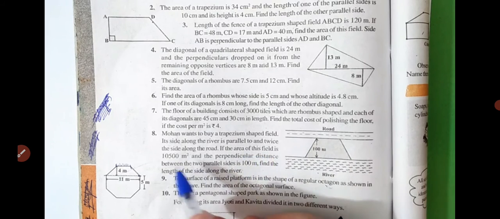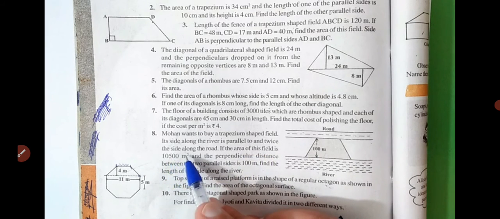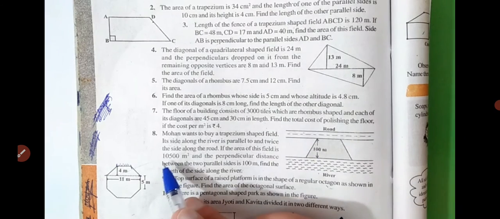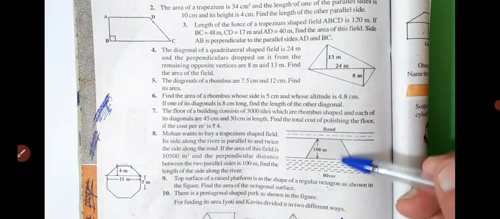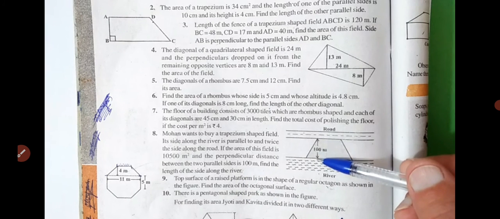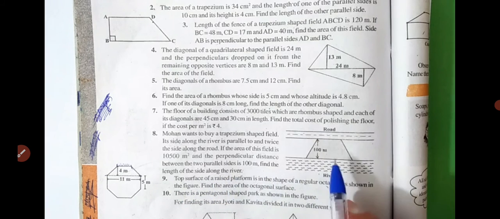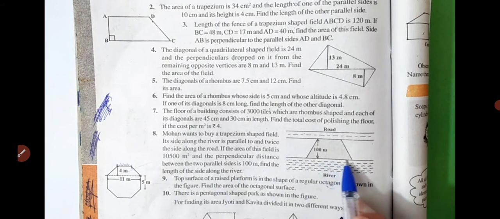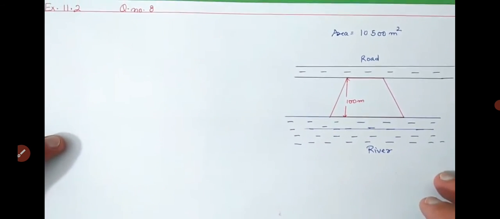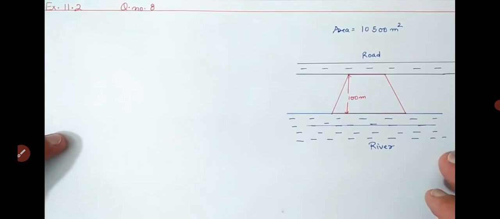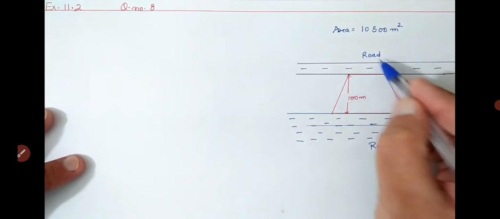Okay, so हमें क्या find करना है? See, हमें उसका area भी दिया है field का. Okay, perpendicular distance is given. Okay, दो sides के बीच में distance कितना है? 100 meter. Find the length along the river. हमें river की side की length find करनी है. Okay, understand. So field कैसी है? Trapezium shape में है और the parallel side is twice the side along the road. Okay, twice है मतलब जो भी side रहेगी, along the road जो side है उससे twice है नीचे वाली side.